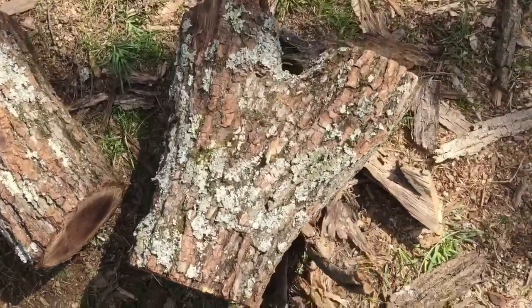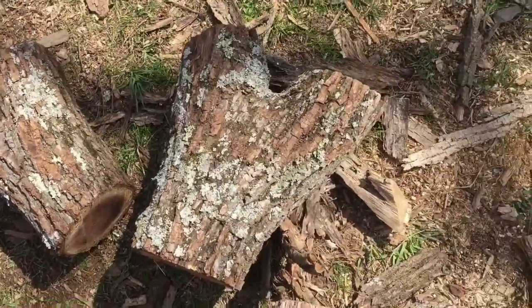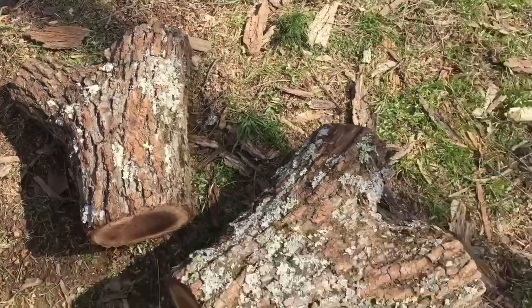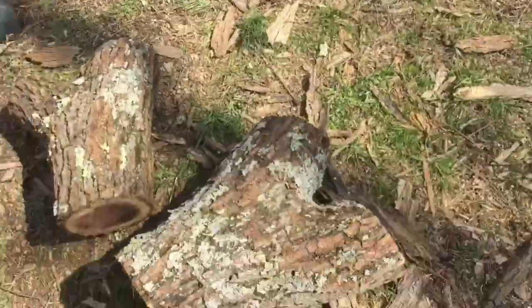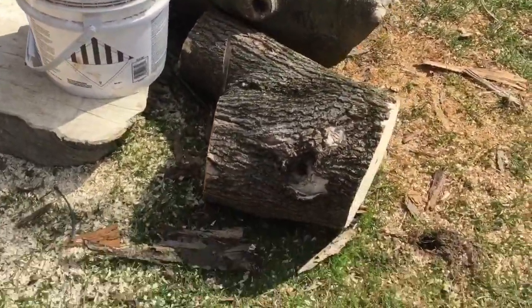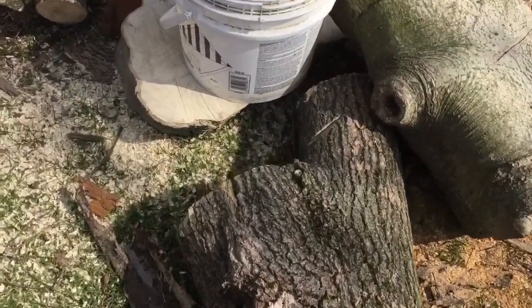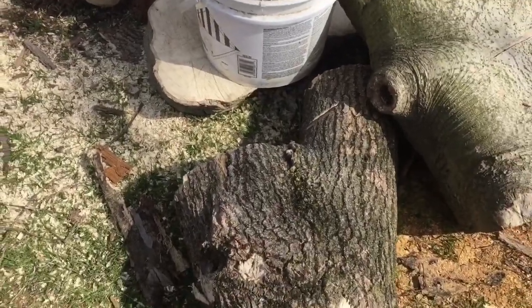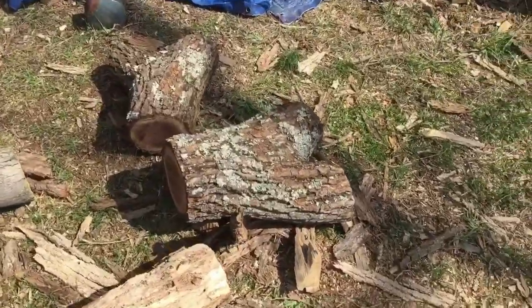Plus, there's a huge knot right in this area, and same thing with that piece. That's the exact same type of piece. Same with that piece right there. That's locust. This is black walnut. This is for burning outside. This is from a gum tree, I believe. But yeah, I love burning black walnut. Don't get me wrong, but